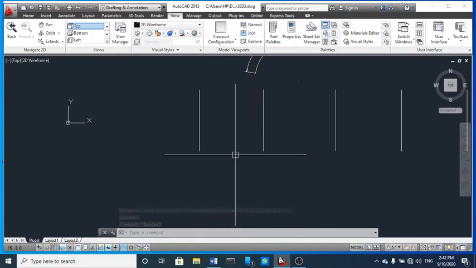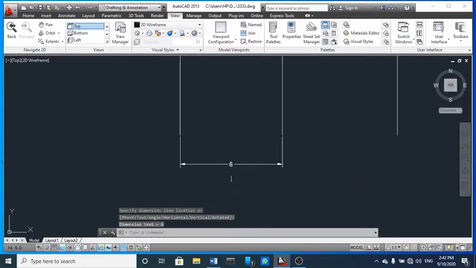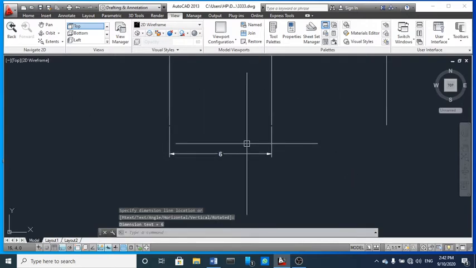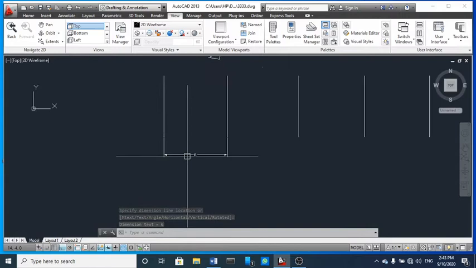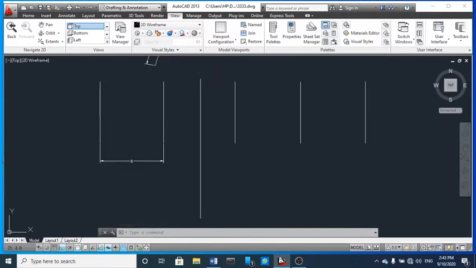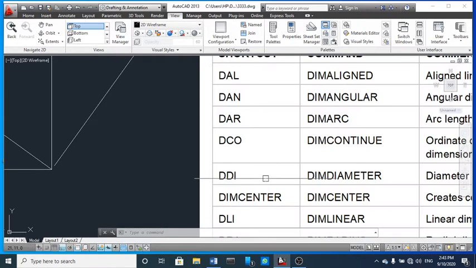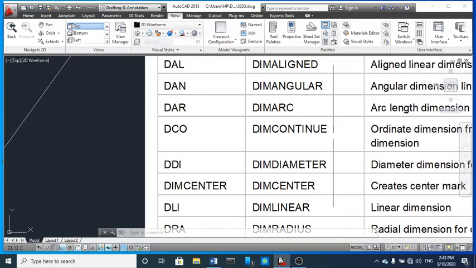For that I first type DLI. This is for linear. Once I take this, I get the distance between these two lines, it is 6 units. For the next, if you want to continue without starting another, you have to type DCO. You can see here DCO. This is called dim continue.